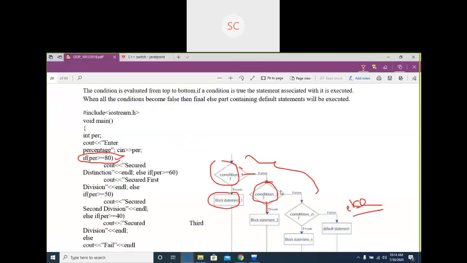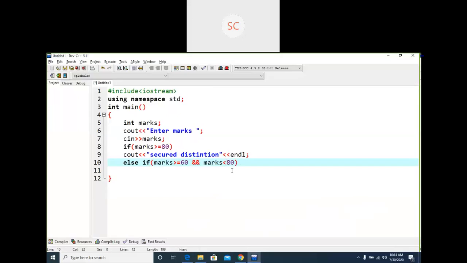Same condition is there here. Not required to check two conditions, just one is enough, because once the first condition is false, only then we will move to here. Marks greater than or equal to 60, then I'm going to print cout "First class".